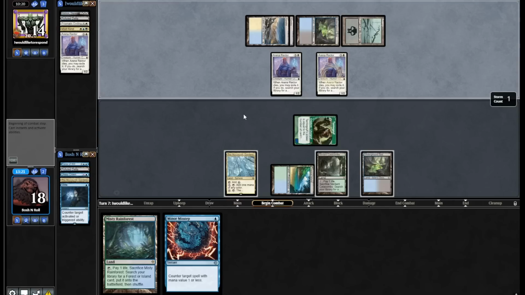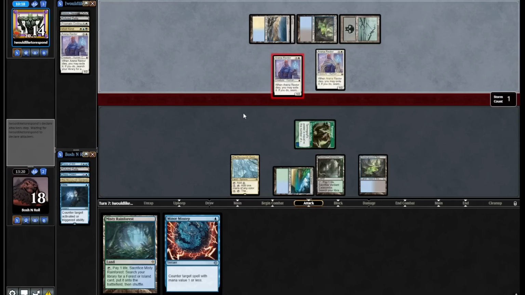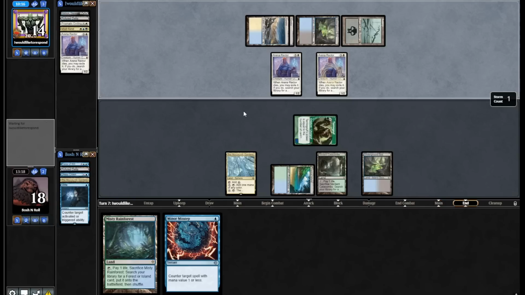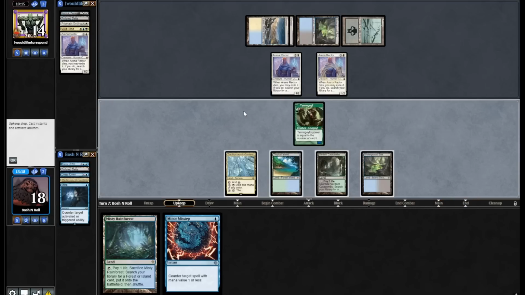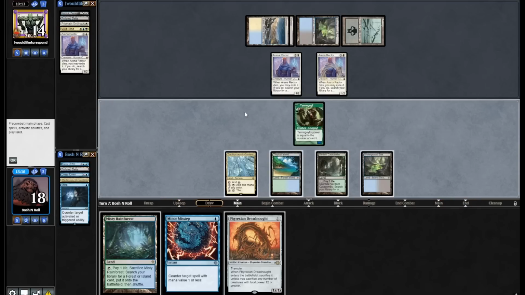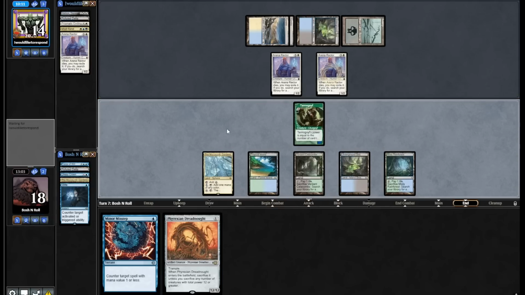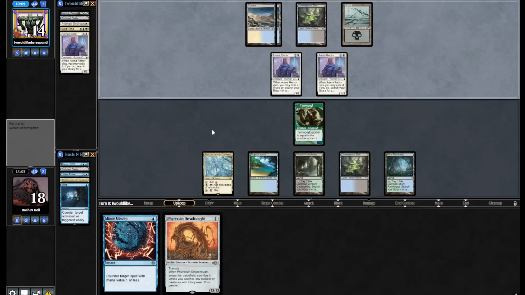Dress Down doesn't work here either because that makes my Mycosynth 0/1 and I just lose combat. I can't turn off Rector after they've committed to a block. I would love a Brainstorm here. In Dreadnought, I can put this thing into play. Opponent's at 14. That's not enough to get through. I'm going to play my land and just pass now. Unfortunately,